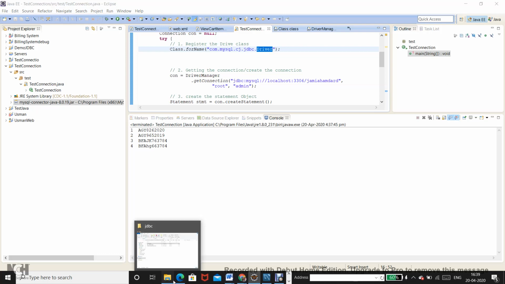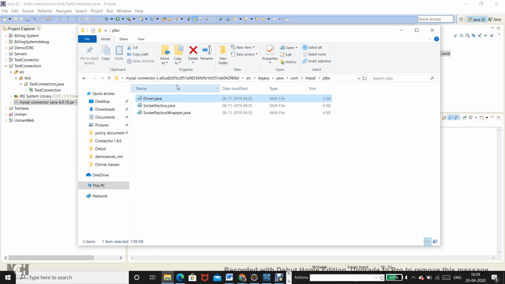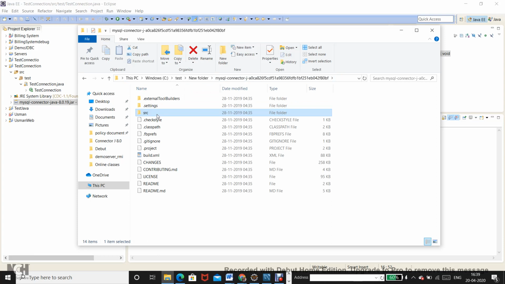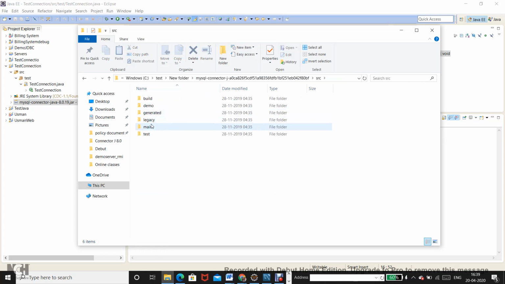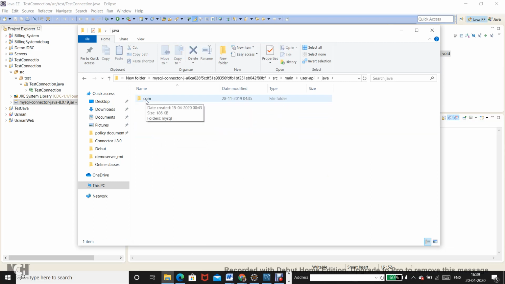Again, I will go to the source code of this connector, and now I will choose to go to the main, and then under the user API, I will go to Java user API, because this API is basically meant for the user, right? And I have directly pulled it from GitHub, so they have a different structure altogether.